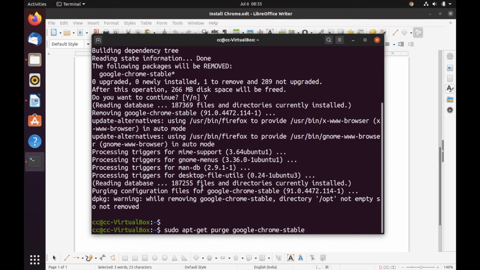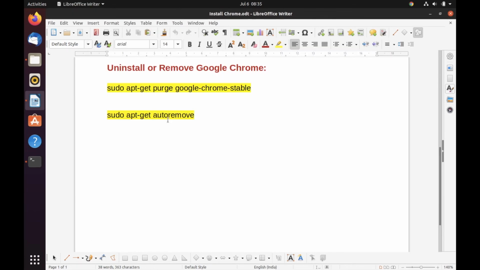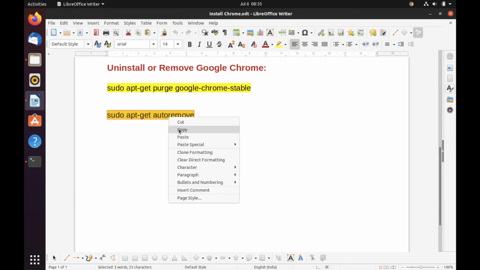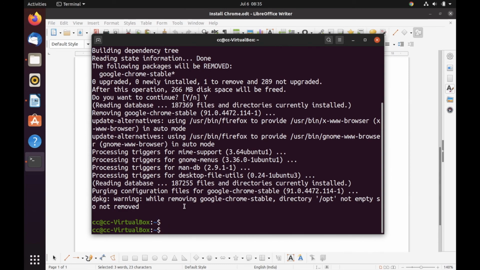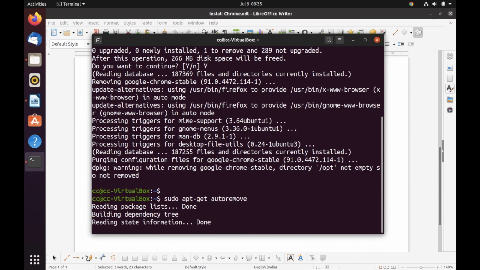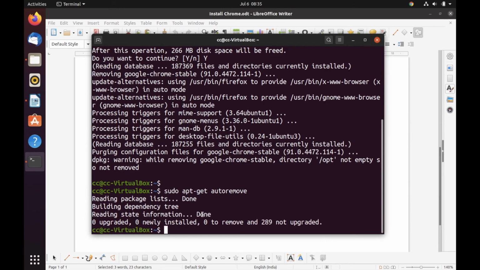I'll paste it. Now this will help me remove the unwanted files that I already had in my system to free up the dependencies of Google Chrome.